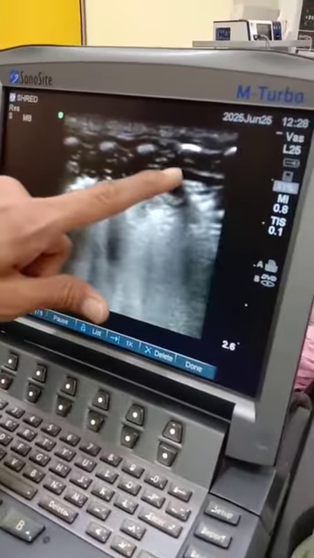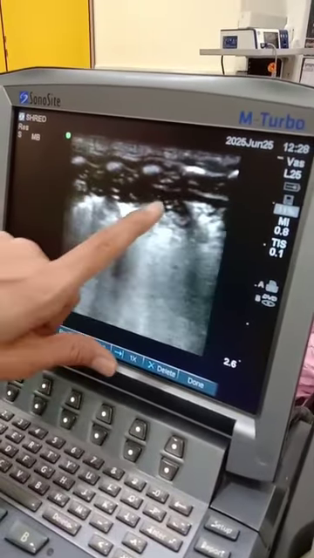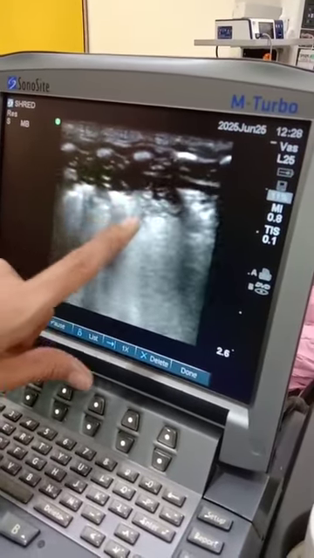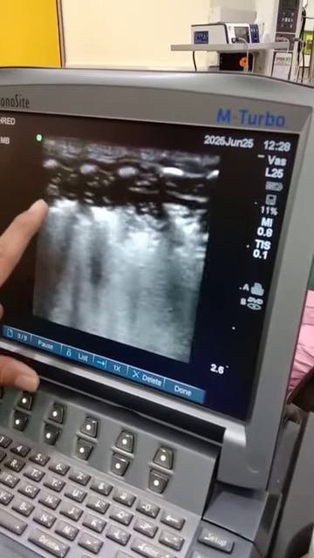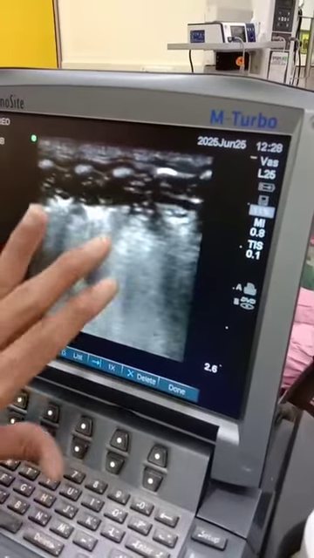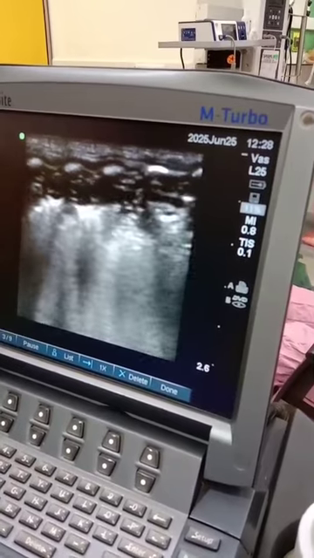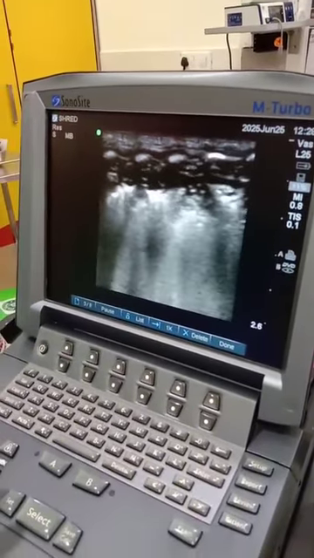Okay, so here the pleural line is not established and there are several air bronchograms, right? And in a few areas you can see the shred sign. In other areas you can see static air bronchograms which have a regular margin also. To me this is more of atelectasis with pneumonia, and this baby has a B profile.